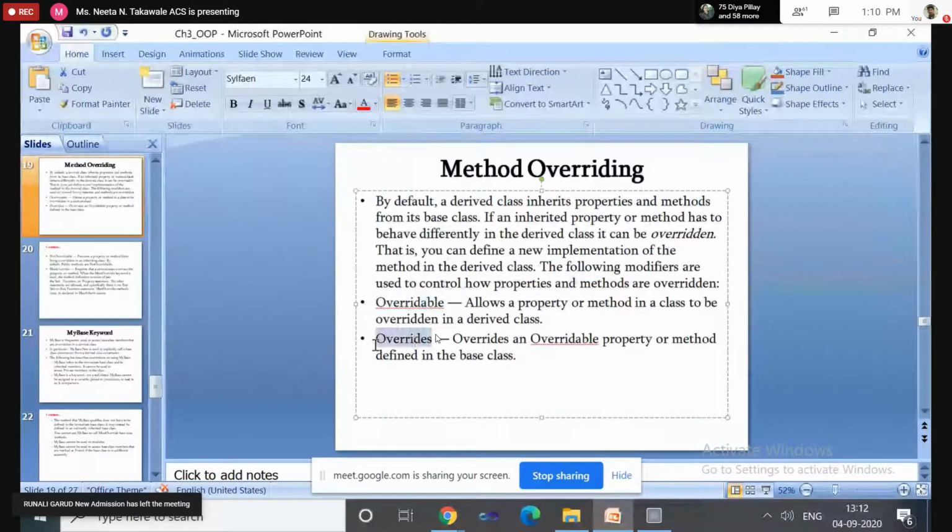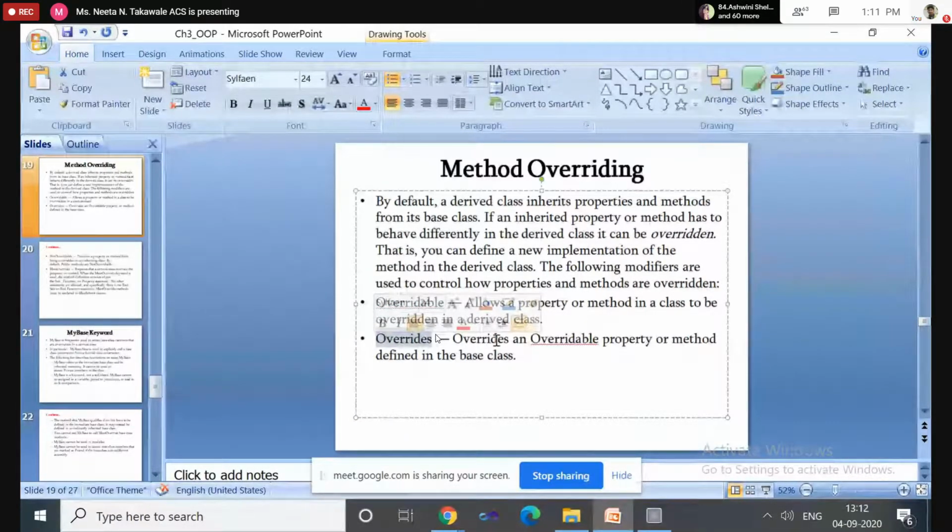The second keyword is Overrides. Overrides means if you are using the Overridable keyword in the base class, then to override that method in the derived class, that overriding method should be declared using the keyword Overrides.